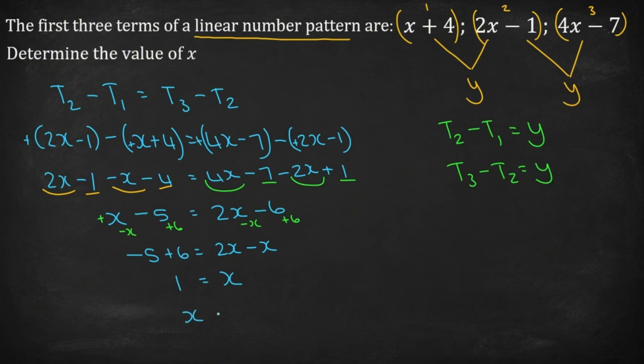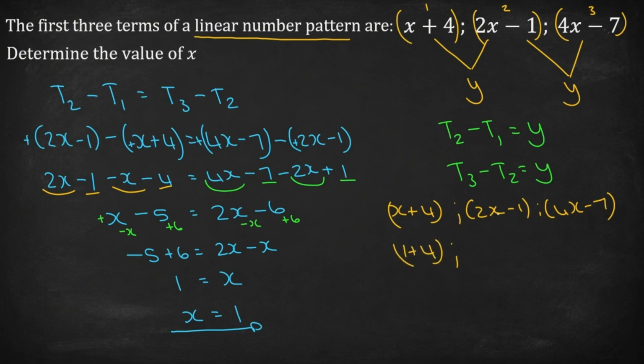If you want to, you can rewrite the equation as is. Just make sure that you keep all your signs the same. You can, if you want to, check your answer by substituting x into these terms to see if you calculated x correctly. So let's quickly do that. I've got x plus 4, and we've got 2x minus 1 and 4x minus 7. Let's substitute x. X is 1 plus 4, and it's 2 times 1 is 2 minus 1, and we've got 4 times 1 is 4 minus 7. Okay, so that is 5, and 2 minus 1 is 1, and 4 minus 7 is negative 3.